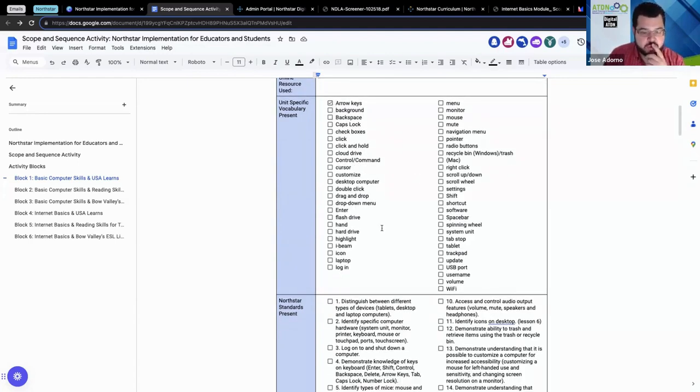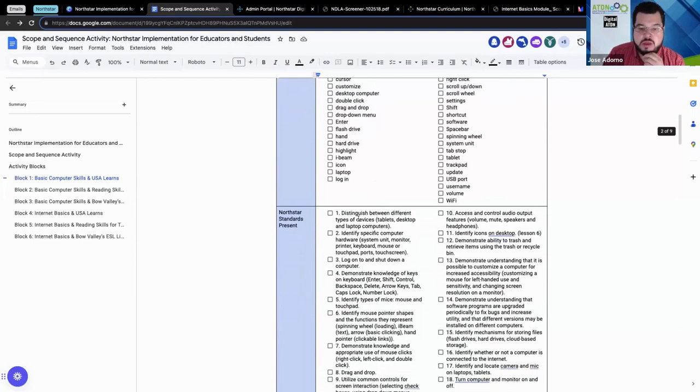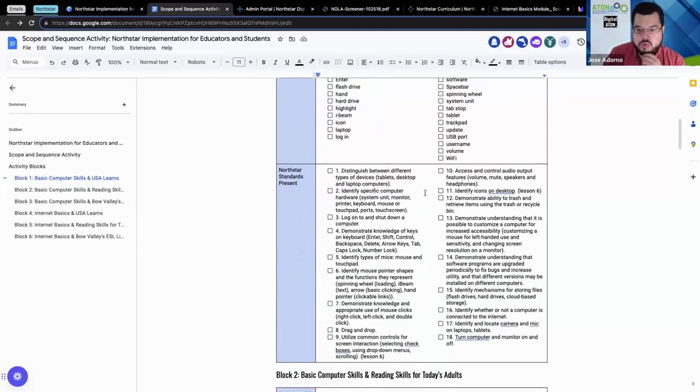After you check off whatever picks that you see that you would need regarding digital skill vocabulary, you'll have the Northstar standards here as well. So when you read through it, think of how a learner would engage with the resource. Which one of these would apply